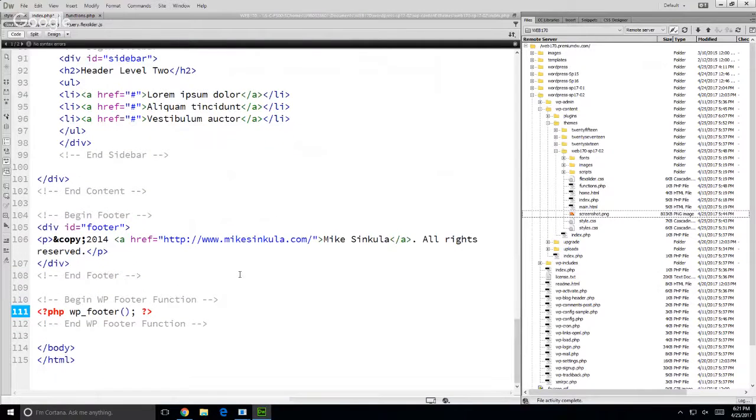Okay, so put the WP footer right before your closing body tag. And what that is going to do then is,